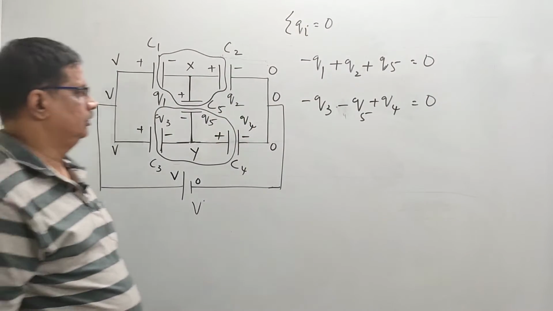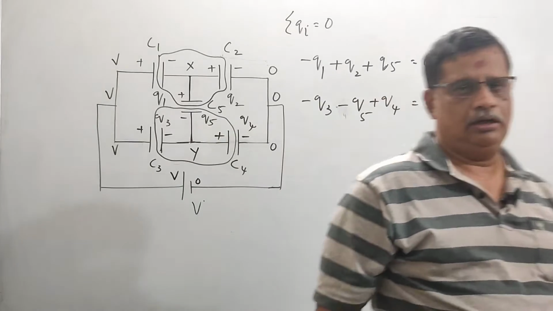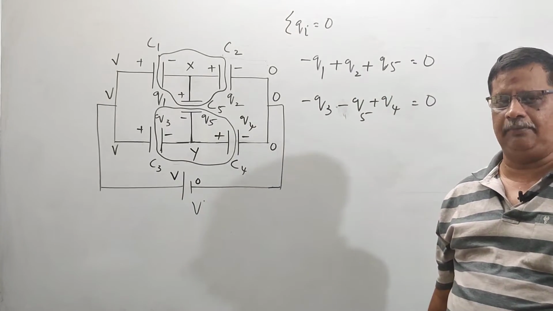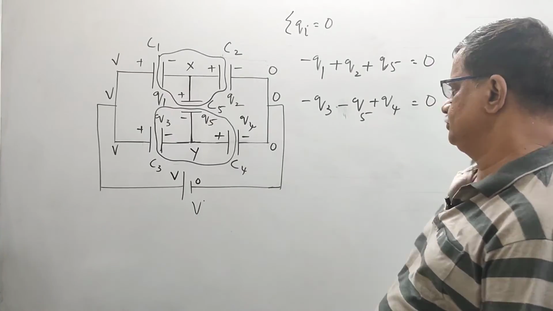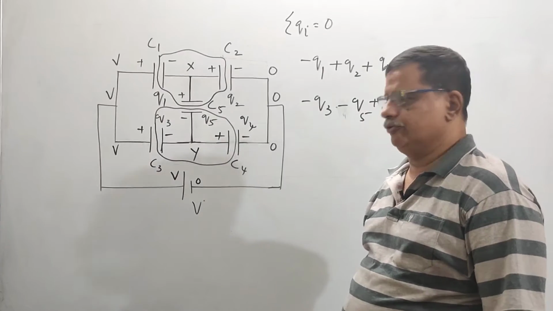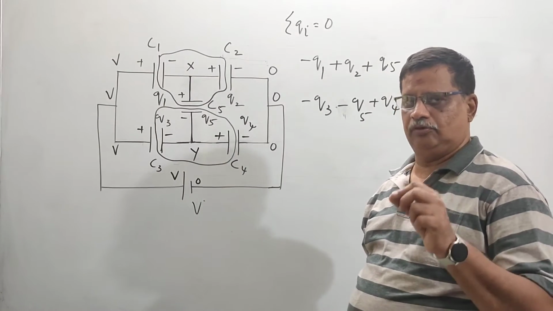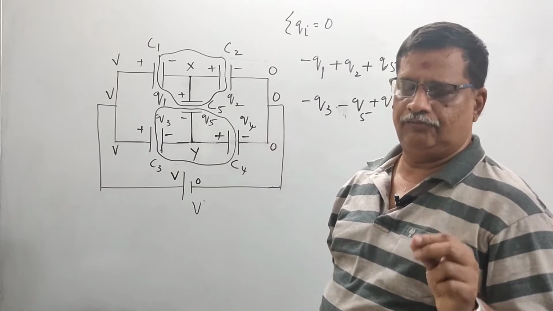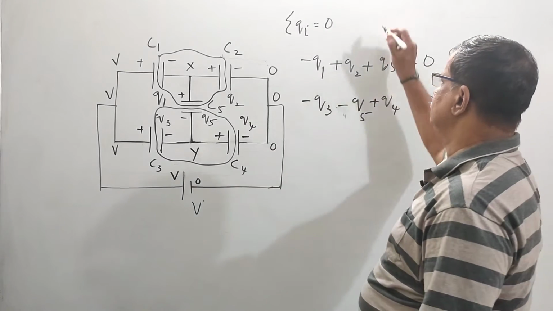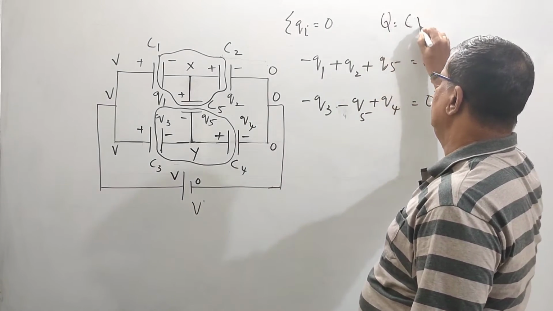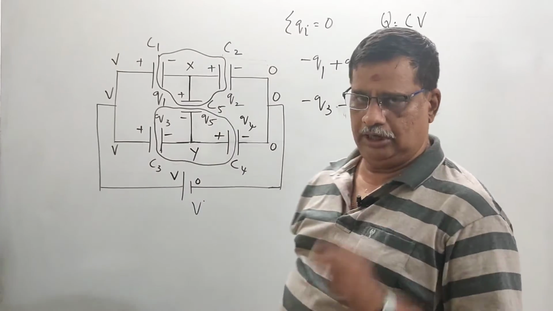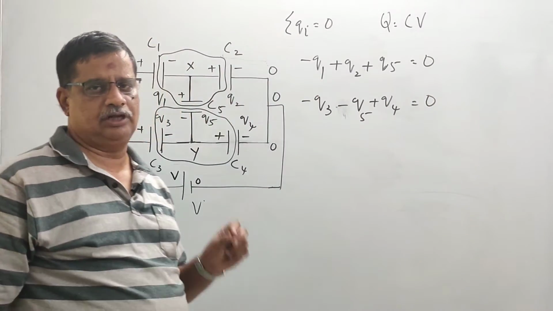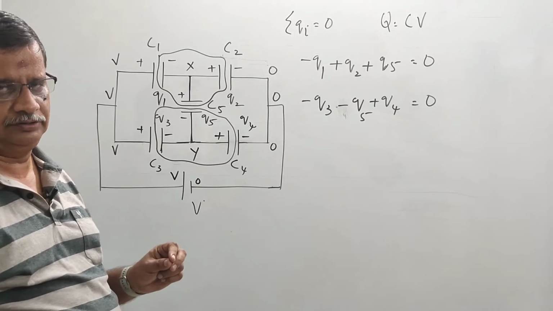So that is our Kirchhoff's rule applied to the remaining three capacitors. So we have two equations now. Now what we are going to do is find the charge deposited on each capacitor. We have a formula Q equal to CV, which is the basic equation for a capacitor. So we will use this formula and find the charges deposited on each capacitor's plates.